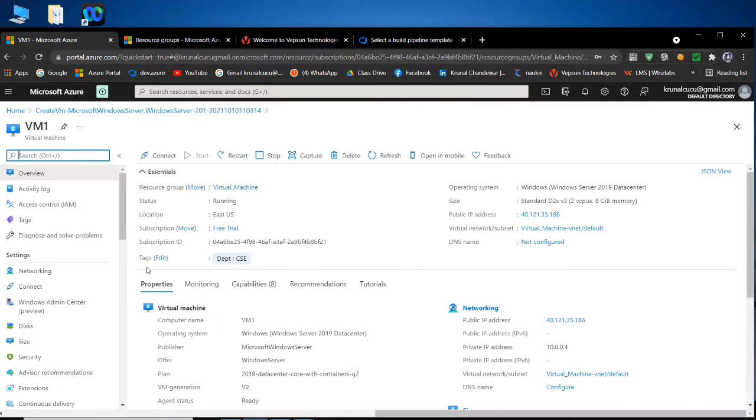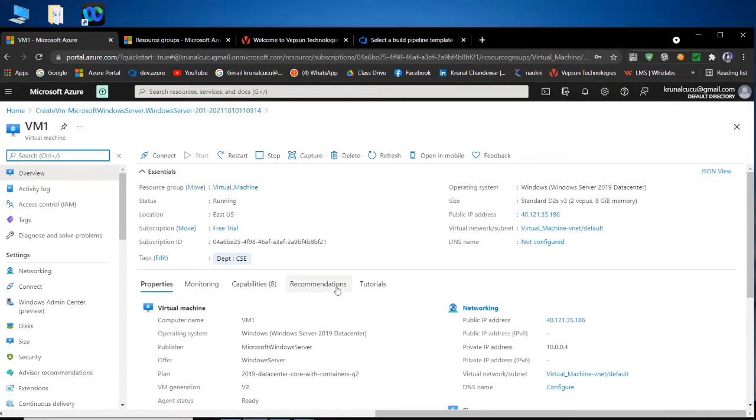And as I told you, I gave the tag as department, and this virtual machine belongs to the CSE department. Because now I made only one virtual machine, but in a project you have to make 20 or 30 virtual machines, and each virtual machine belongs to a different department.